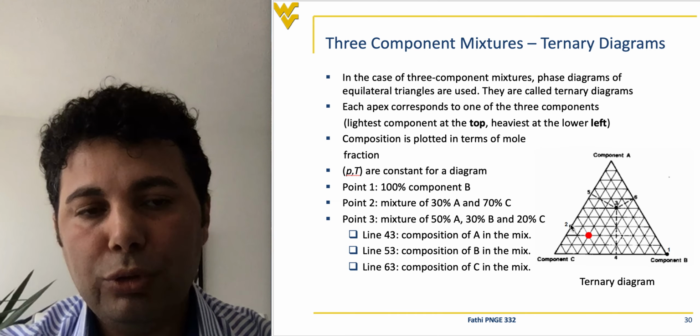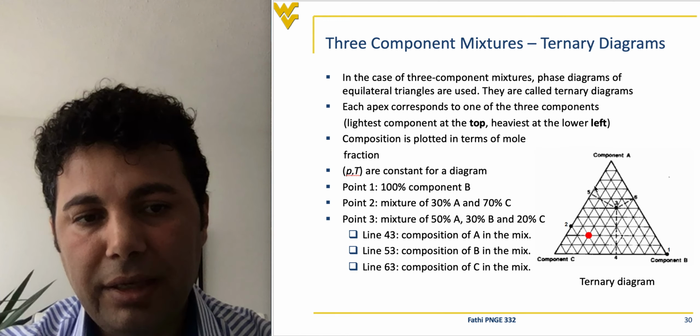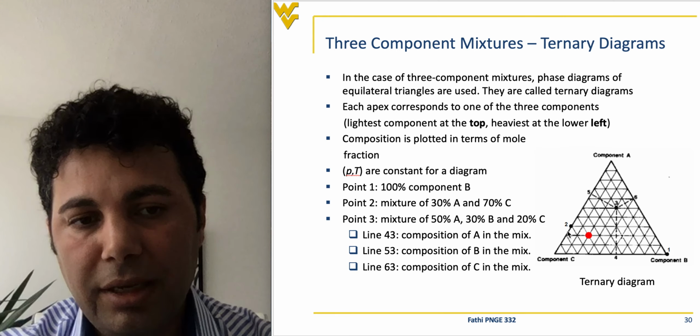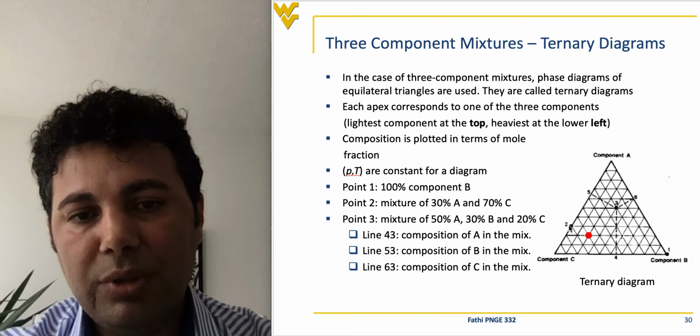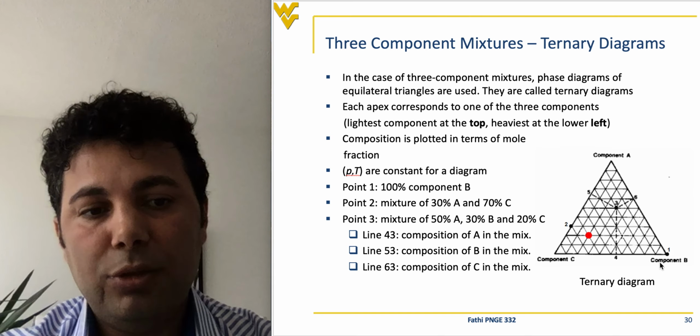If I'm at point 2, I'm on the left lateral. So in this lateral, this is 100% A, this is 0% A. So I have 1, 2, 3, 4, 5, 6, 7, 8, 9, 10. So it's divided into 10 parts. So each part is 10%. So I have 10%, 20%, and 30% of component A. So at point 2, I have 30% component A, therefore 70% of component C, and 0% of component